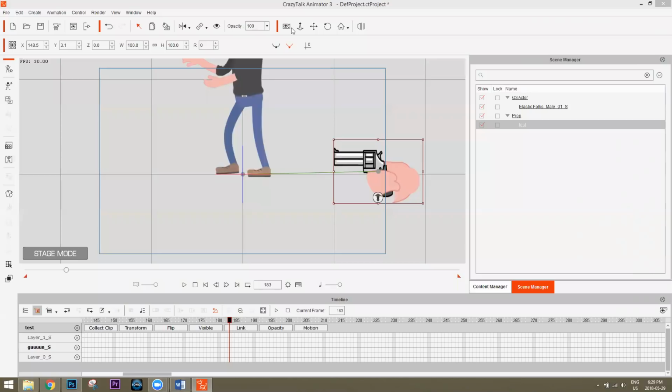All right, and Michael asks, will all the motions in the marketplace for iClone work with the G2 characters? Yes, all iClone motions will work with G2 characters. If you're already an iClone user, it's a huge benefit to be able to use all your iClone motions on your G2 characters. Now, they're not all going to be flawless, obviously, because they're not really meant for those characters, but you can also always just modify and edit them. And I did a variety of tutorials for CrazyTalk Animator 2 that tell how to refine and optimize those animations.